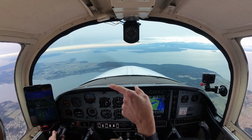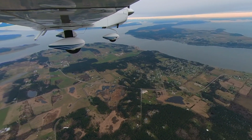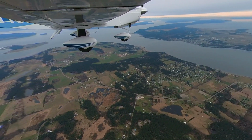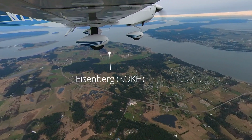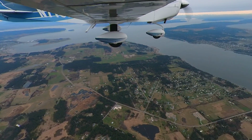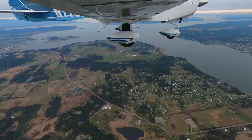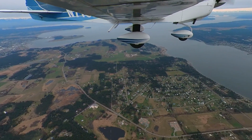So this is Penn Cove right here, right? Yep. Port right there. Used to be called Oak Harbor, now it's called Eisenberg. That's where we'd land if something went bad right now. Kind of one of those things, you know, plan for the worst, right? Orcas Island Airport. Always have your next plan in place so you don't have to...